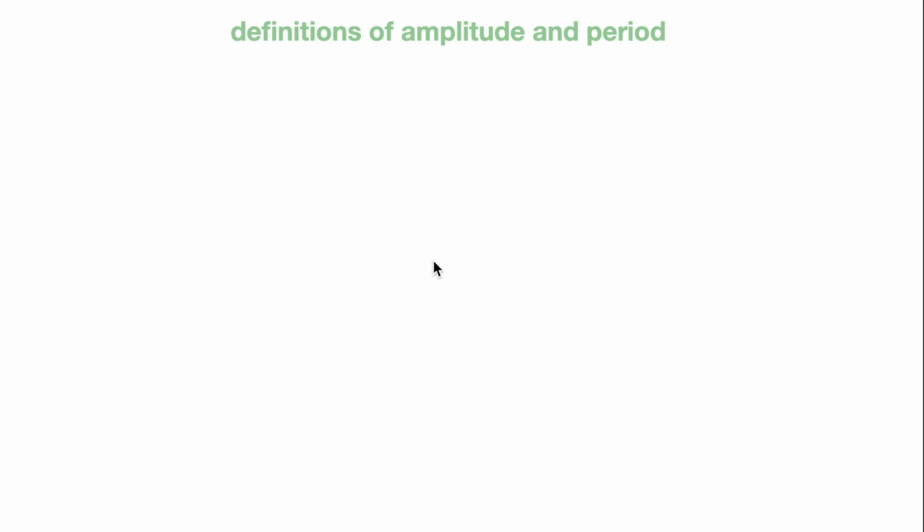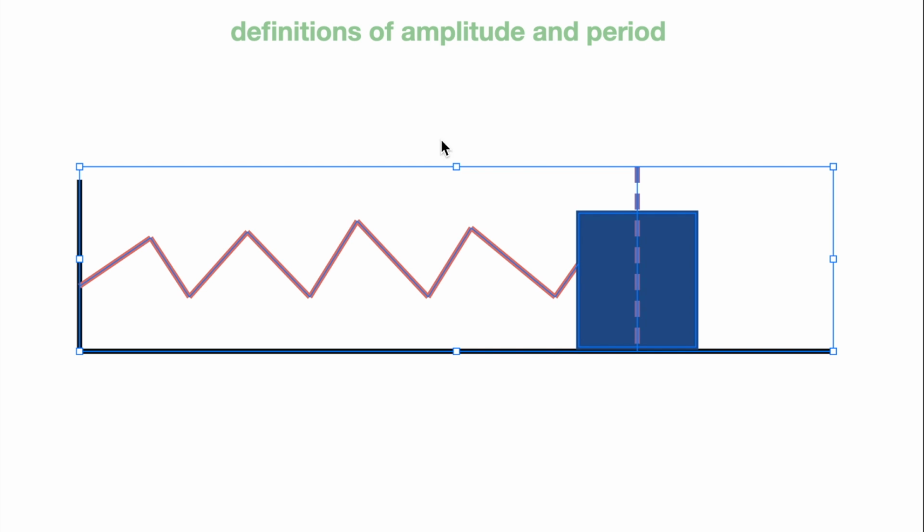Amplitude and period are defined by things that move on springs, or things that oscillate, which means go back and forth. For example, if you have a spring with a block here,